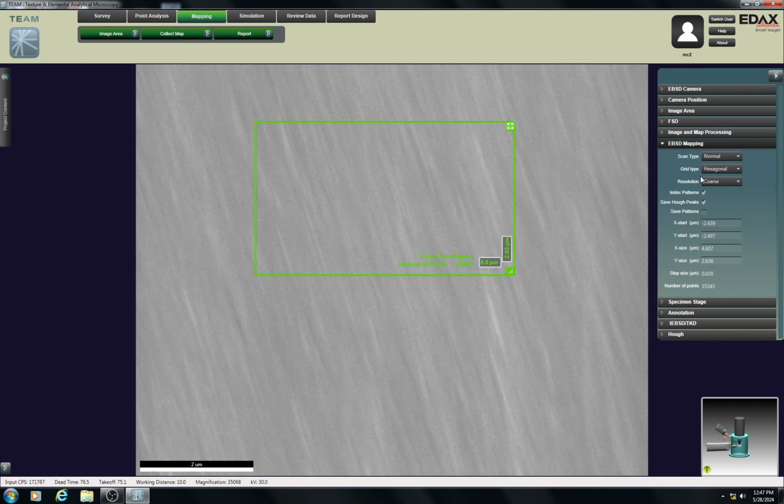There are different draw types and scan types. If we go to freeform scan, this lets you draw odd shaped maps. So say you have a feature that's not square or rectangular and you want to scan on it without collecting a bunch of extra points, you can make arbitrary shaped maps. Let's go back to normal here. That would be the rectangle style. The grid type, you can do either hexagonal or square grid. By default, you're going to scan in a hexagonal array. So that means that every pixel is shifting